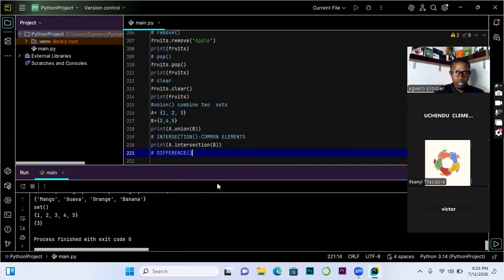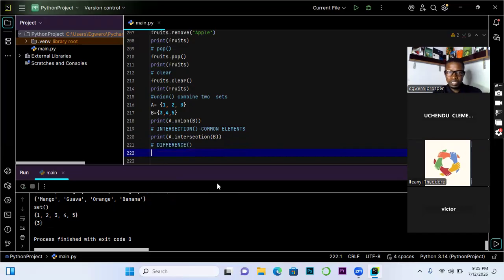The difference function gives elements in A but not in B. That is what it is going to do. So let's print that.